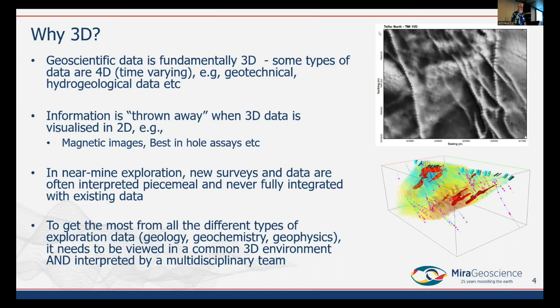A classic example of that is magnetic imagery from geophysics, where a magnetic image like the one at the top right contains some very shallow features. So these things striking northwest in this image are, in fact, just sand dunes. They're right on the surface. They're barely underground. And you've got some deeper things like this great big anomaly here, which is clearly at some depth. So if you just get your magnetic image and draw a few lines on it, you're throwing away the 3D information that's available in that data. And I should say, by 3D here, I mean visualization and integration of data.